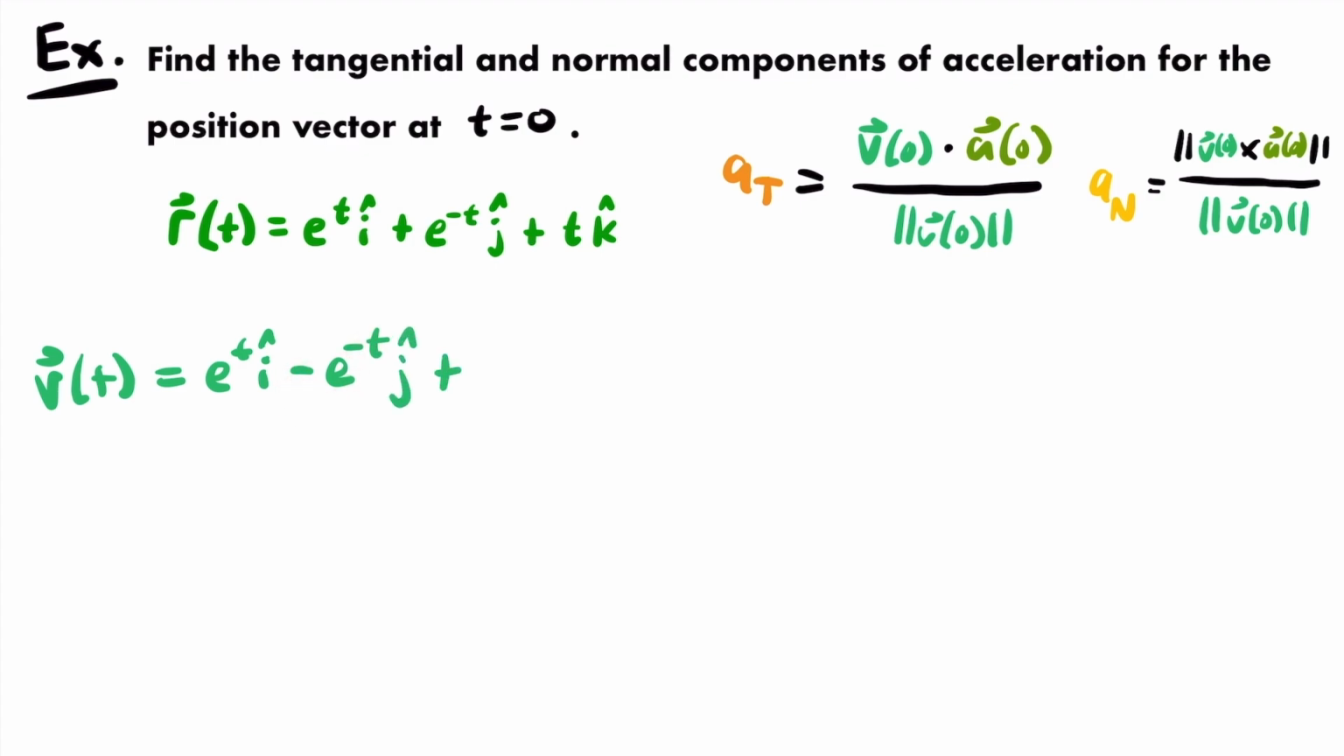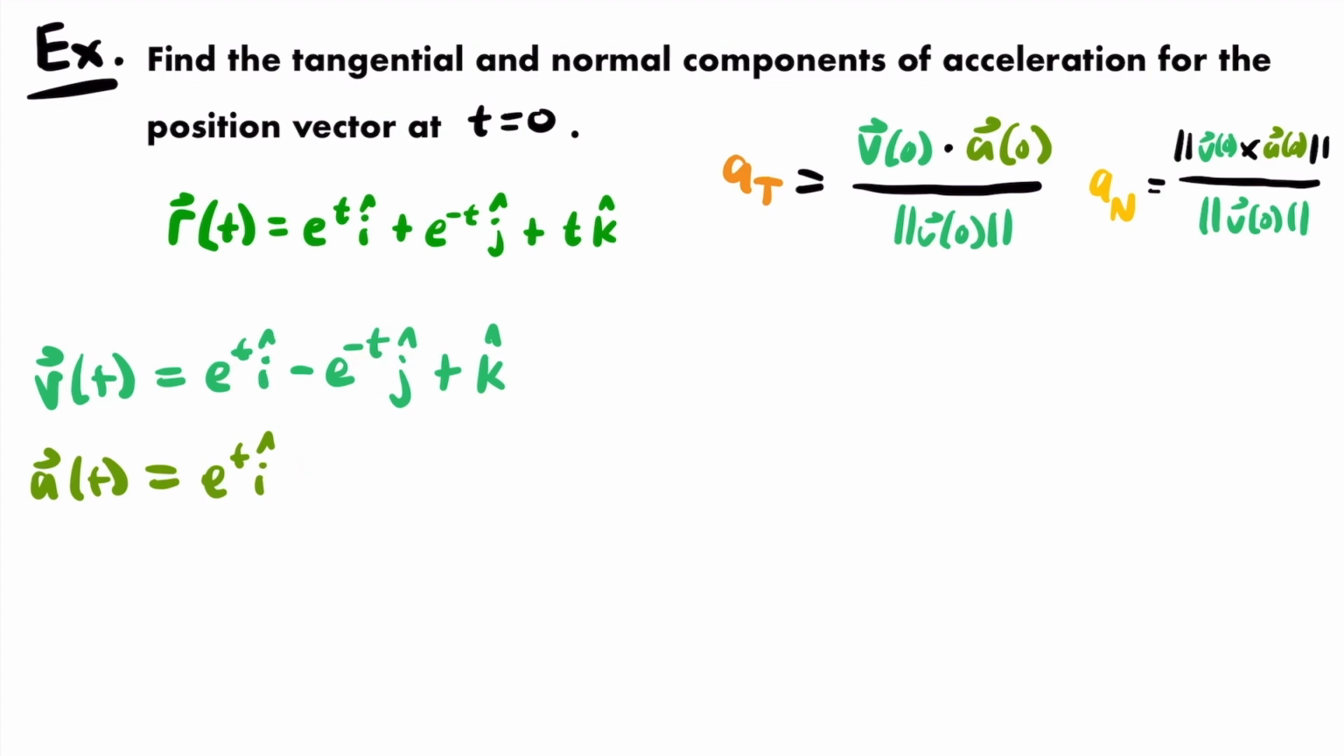And then finally, the derivative of t is 1, so we have plus k. Now let's take the derivative again. The acceleration vector, a of t, is equal to the derivative of these components. Once again, the derivative of e to the power of t is itself, so we have the same x component,